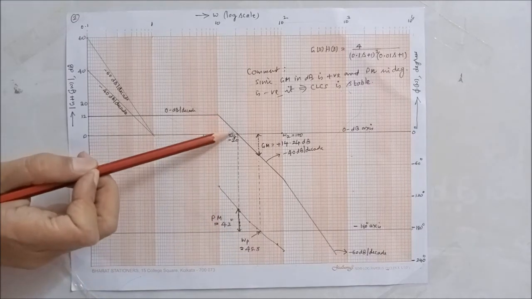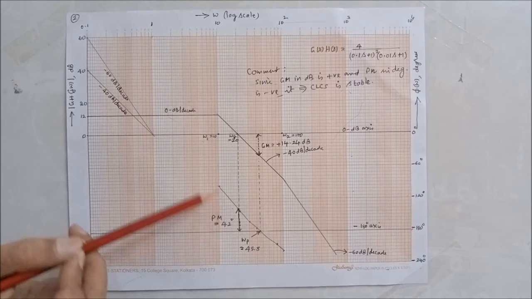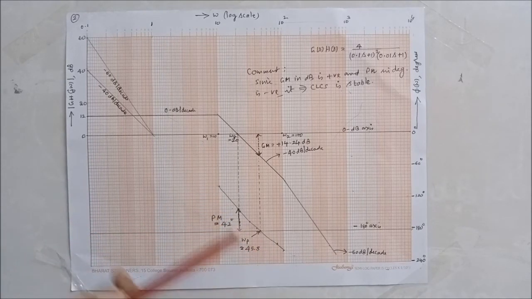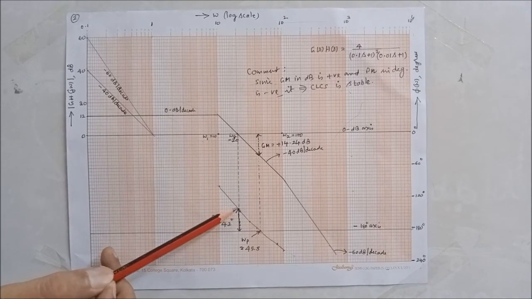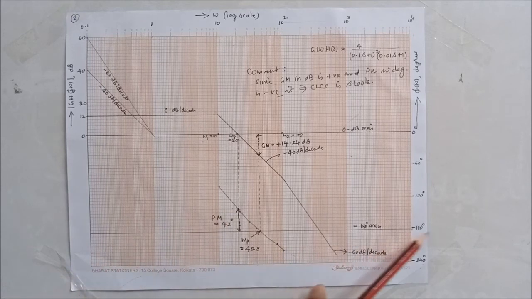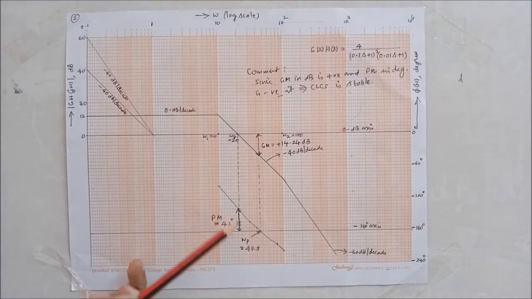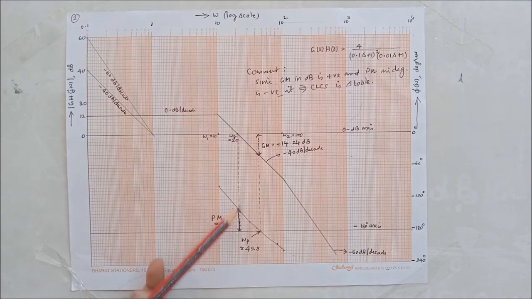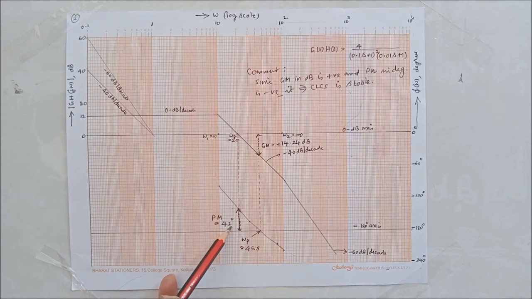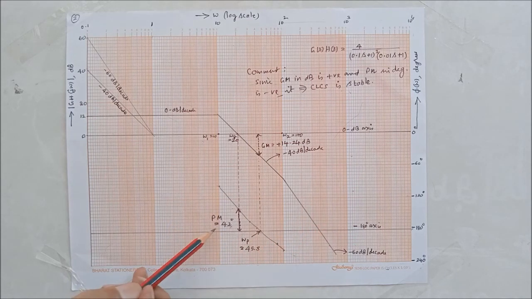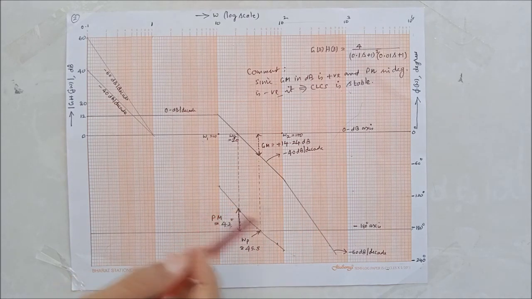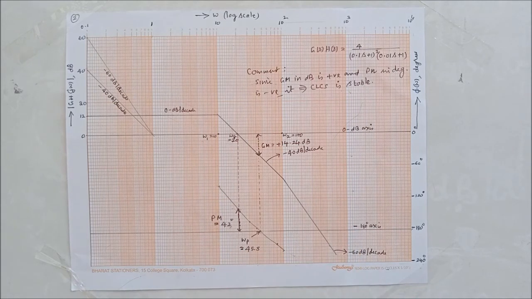Now at omega g equal to 20, drop a perpendicular onto the phase curve. Measure the intercept with respect to minus 180 degree axis. This is the intercept. Measure number of divisions and multiply those divisions by 6. So you get 42 degrees. Correct? Plus 42 degrees because the intercept is above minus 180 degree axis.